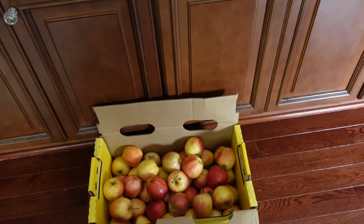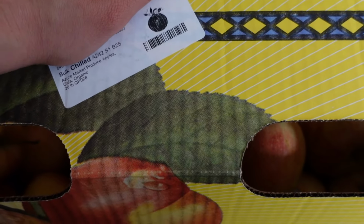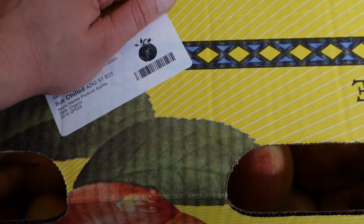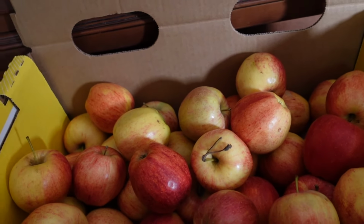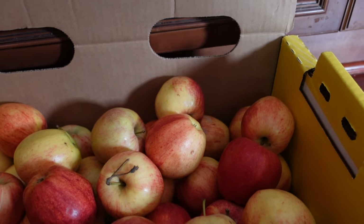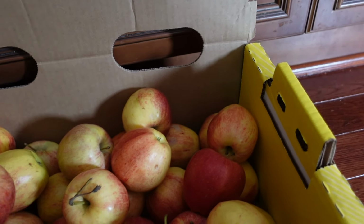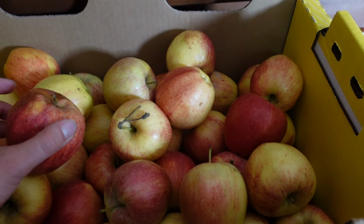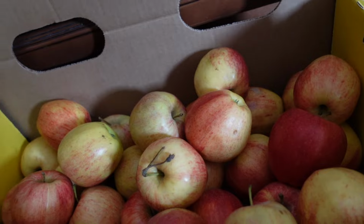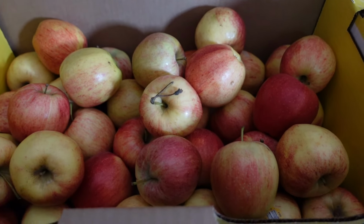And then we got a box of apples. Okay, these are the Gala, however you say that. We switched varieties because we were getting Fuji and they were starting to get a little mealy. And so we did, oops, that one's not good. We did switch to the Gala last month and they were fantastic, so we got them again, and